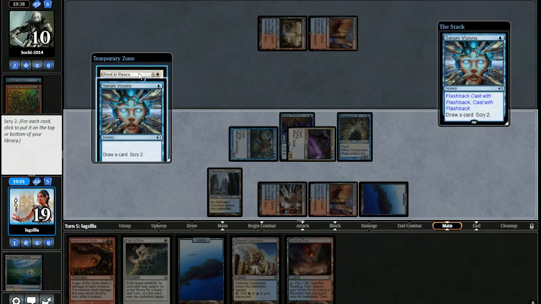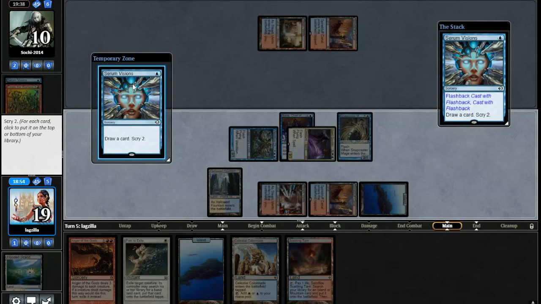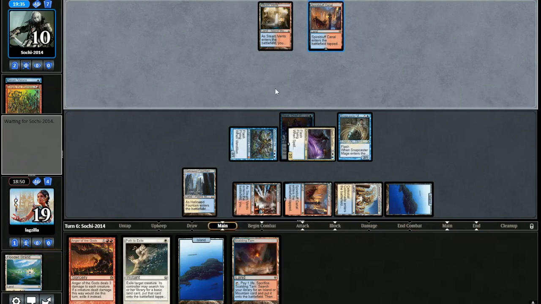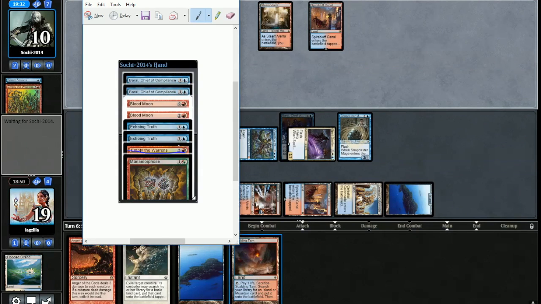Rest in Peace. Not too great in this position, right? We don't really need it. So we'll go ahead and bottom the top of the Serum Visions. Play Colonnade. Yeah, and now we'll have lethal. If our opponent just goes Electromancer, we have lethal. They could keep up Echoing Truth. I don't remember if Echoing Truth is...